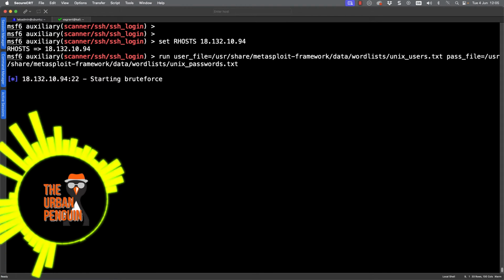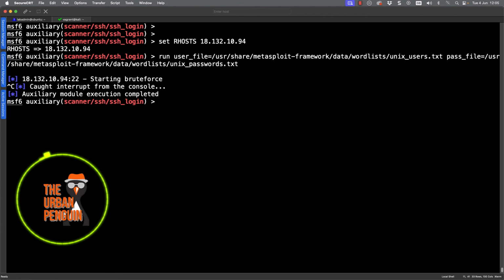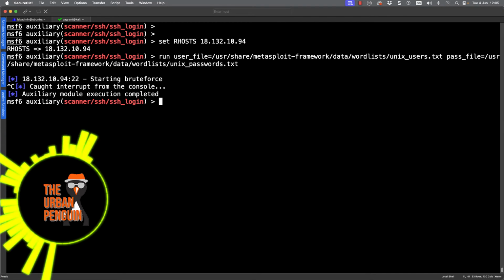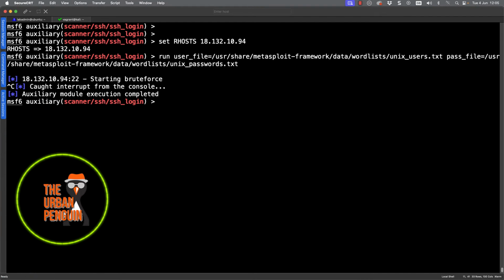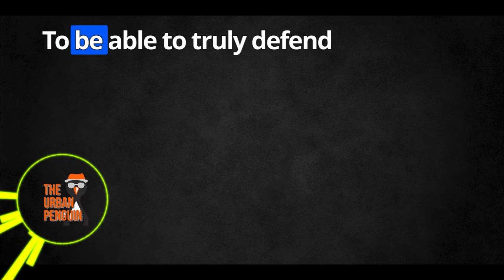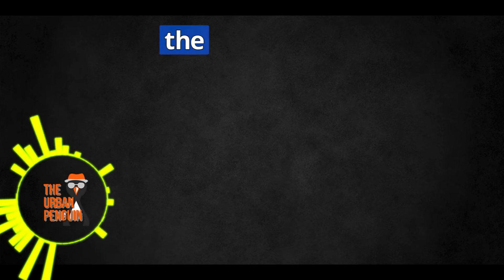So let me return now to my Linux client. I can Control-C to stop that attack. And we can return to summarize what we have seen during this simulated attack on our SSH server. To be able to truly defend your system, you have to get into the mindset of the hackers.